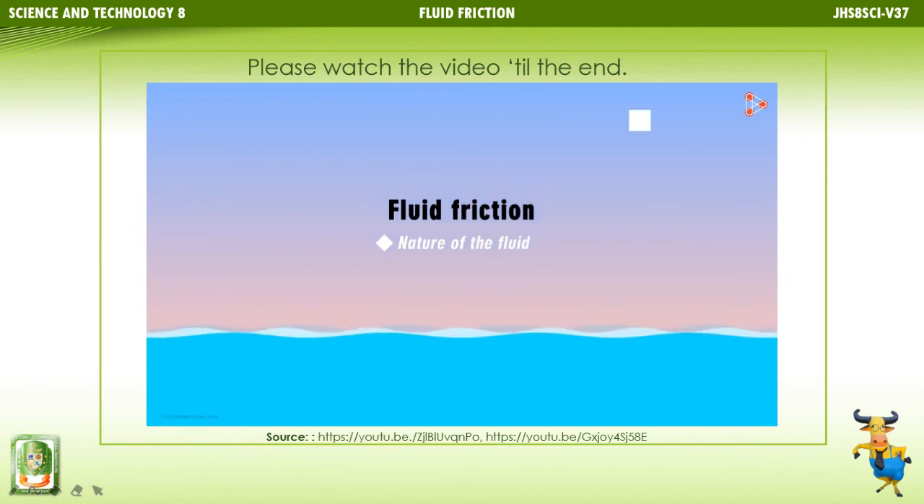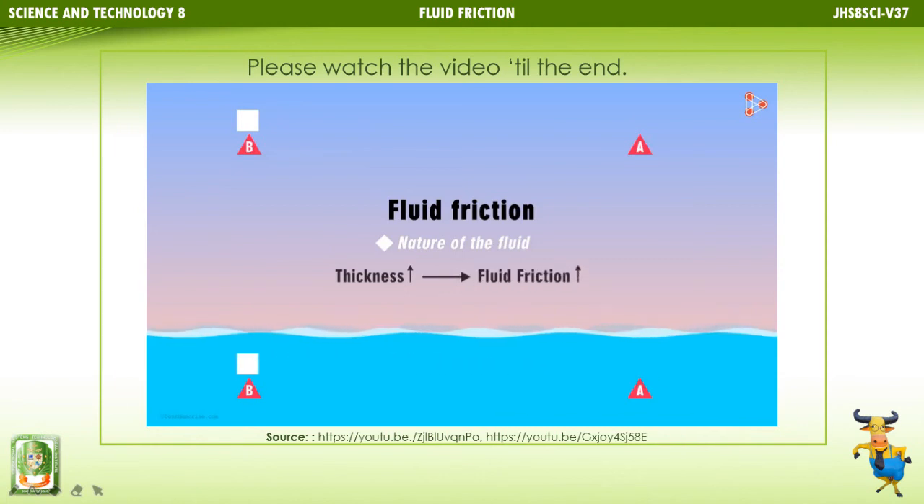An object moves from point A to B through air, and in the second case, a similar object travels from A to B through water. Which object do you think encounters more resistance? Clearly, it will be the water, right? Yes, the more the thickness of the fluid, the greater the frictional force acting on an object which moves through